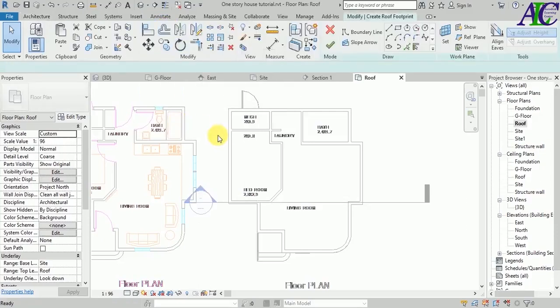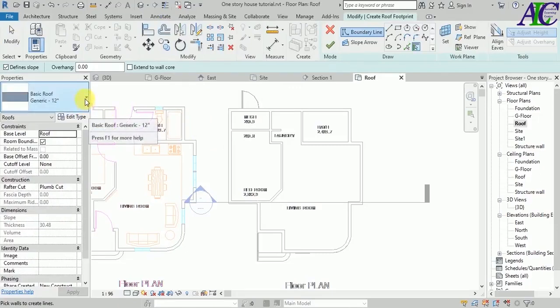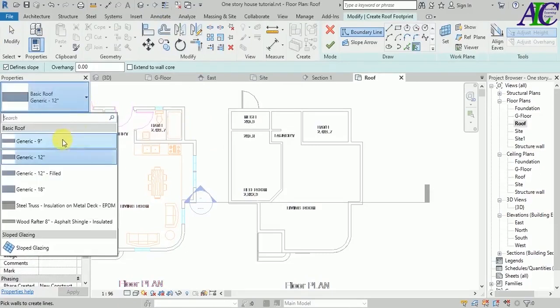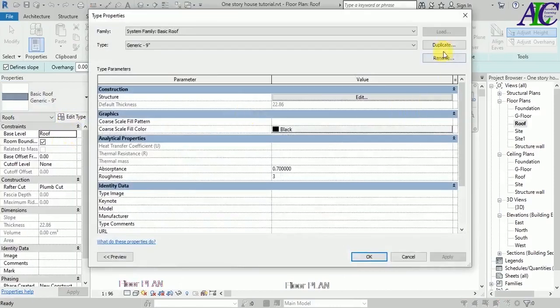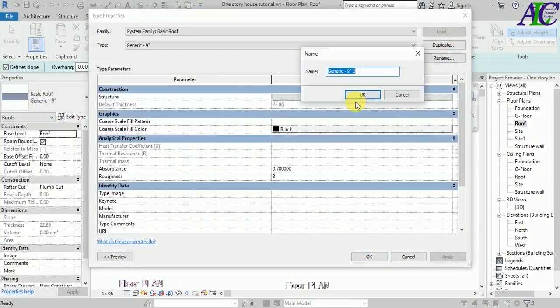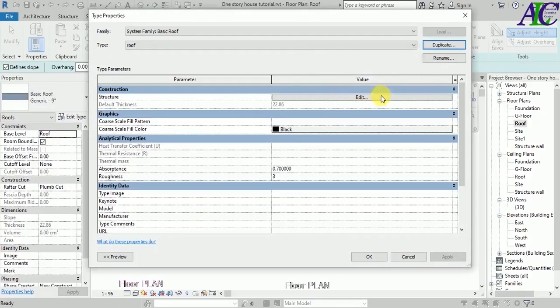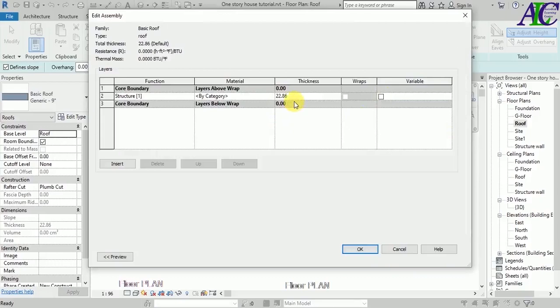Click on this, and then there are different kinds of roof, so I'm going to select this, and then I'm going to edit this. So let's duplicate, and we can change the roof name, and also let's select the material and the thickness. For the thickness I'm going to put 20, and for the material let's